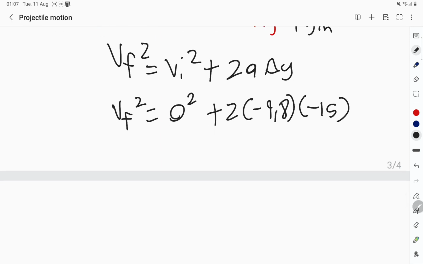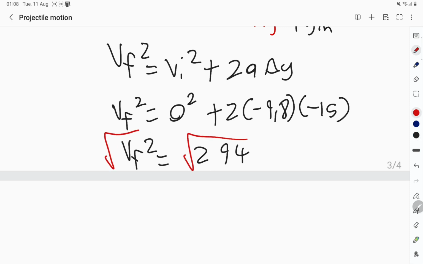So then I have 2 multiplied by negative 9.8 multiplied by negative 15, so that will give me V final squared is equal to 294. Then I put a square root, plus or minus. So then this gives me the final velocity of plus or minus 17.15